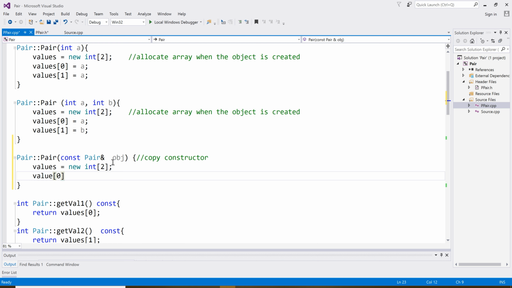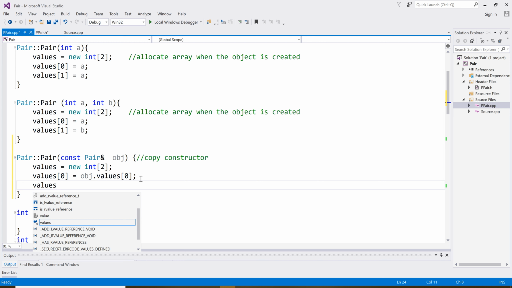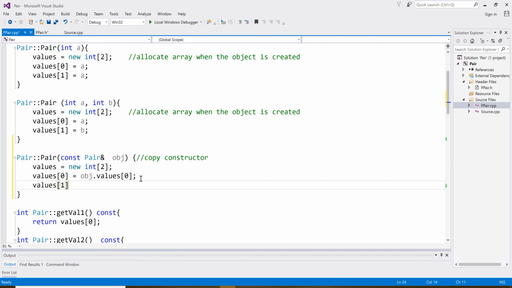I want values at index 0 to be equal to obj.values at index 0, because I was making a copy, so my new object should contain the same values. And I want values at index 1 to be initialized obj.values at